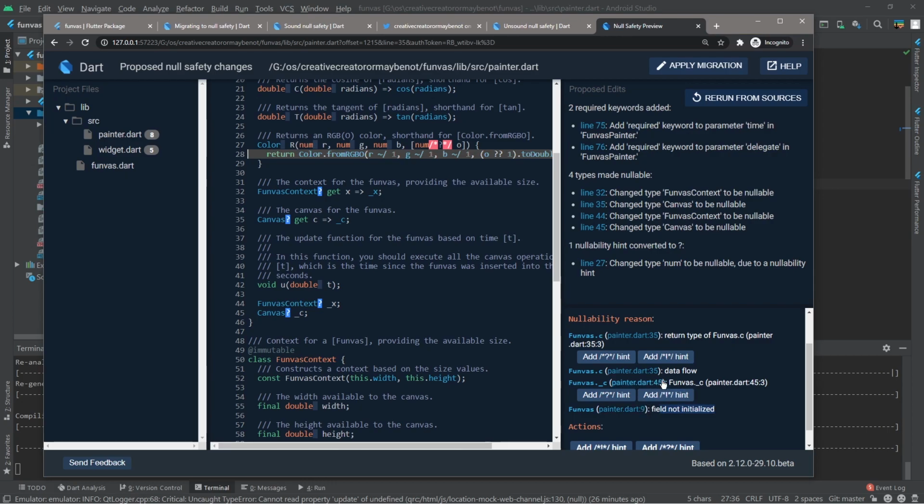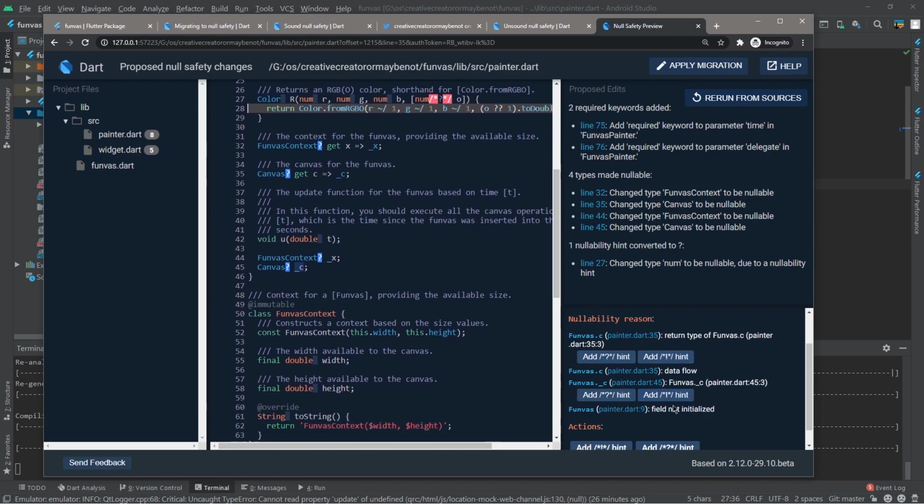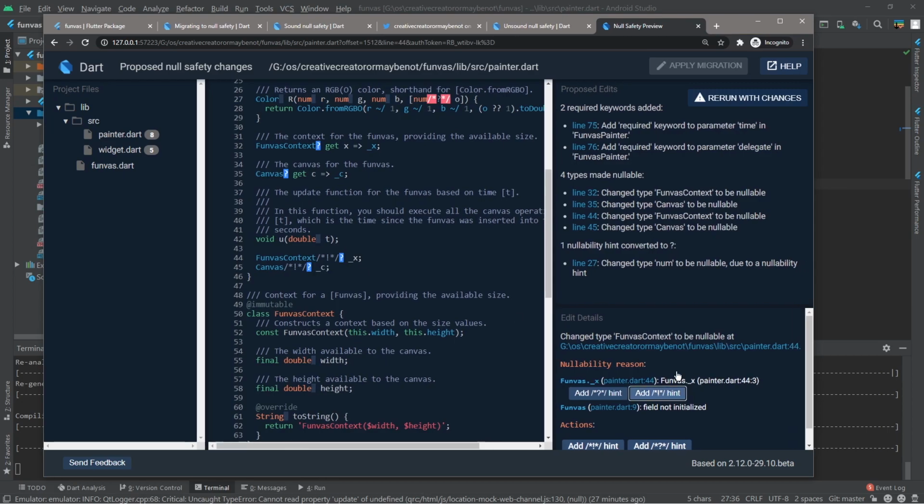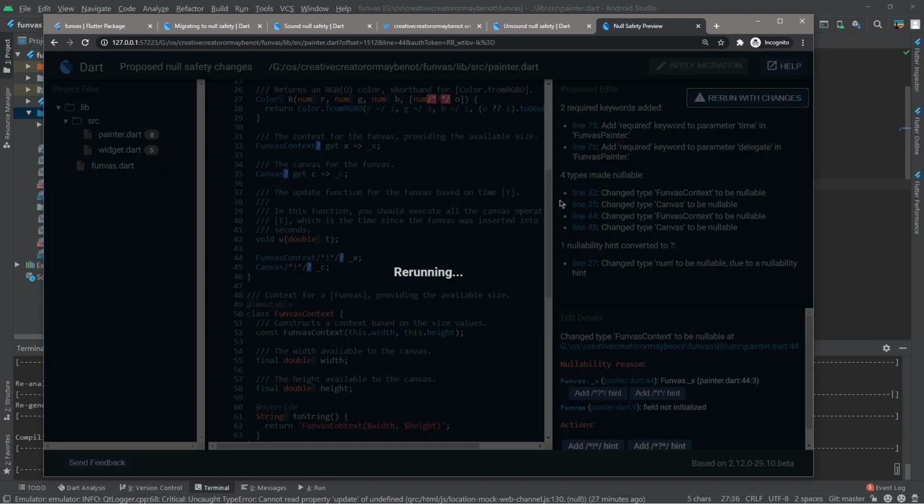It's because the private canvas, _canvas, is not initialized. That is why it's telling me that this canvas right here, the public one that just returns the private one, needs to be nullable, because the field is never initialized. But I say this should not be nullable. If I do this and rerun from sources,